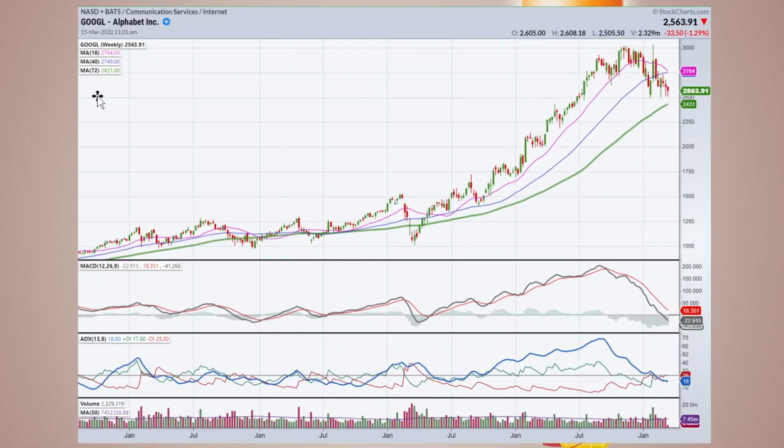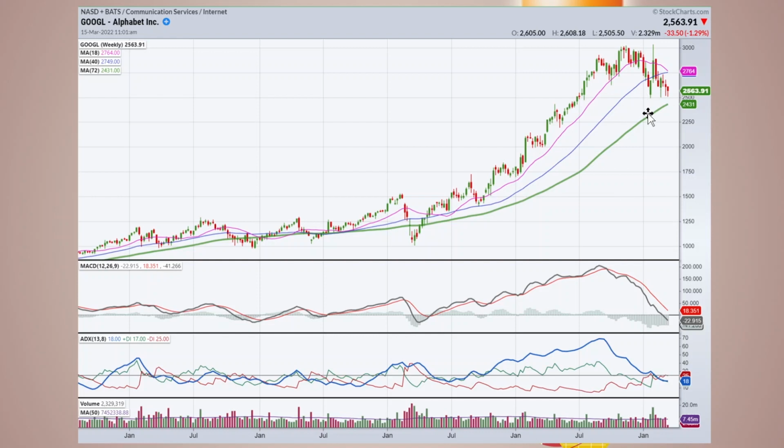If we go and look at a stock that I would consider to be good weakness at this point in time, it's Google. Google is holding this key support area at 2,500. It's still above a rising 18-month line. If you notice during the deterioration to the downside, this pullback from 3,000 to 2,500, the ADX and the blue and the red DI hasn't even crossed over the 25 level. So I would consider this to be a good type of weakness. Notice how the MACD is just right back to the 0 line. There's no real overrun at this point.